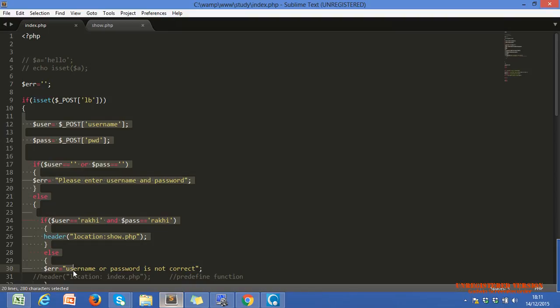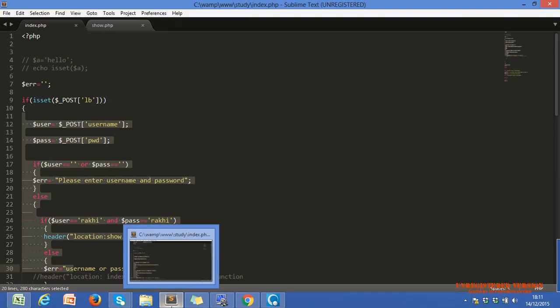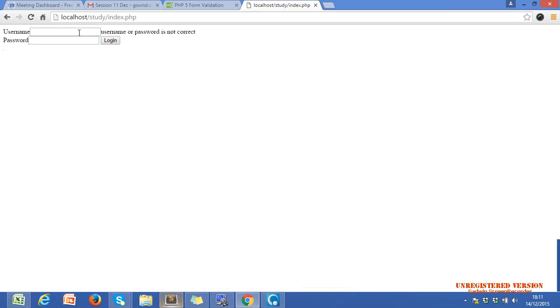Okay, Rakhi. Now, what is the client side? Client side means before the form is submitted, we execute our code and tell whether it is valid or not, meaning whether our text boxes have a value or not.